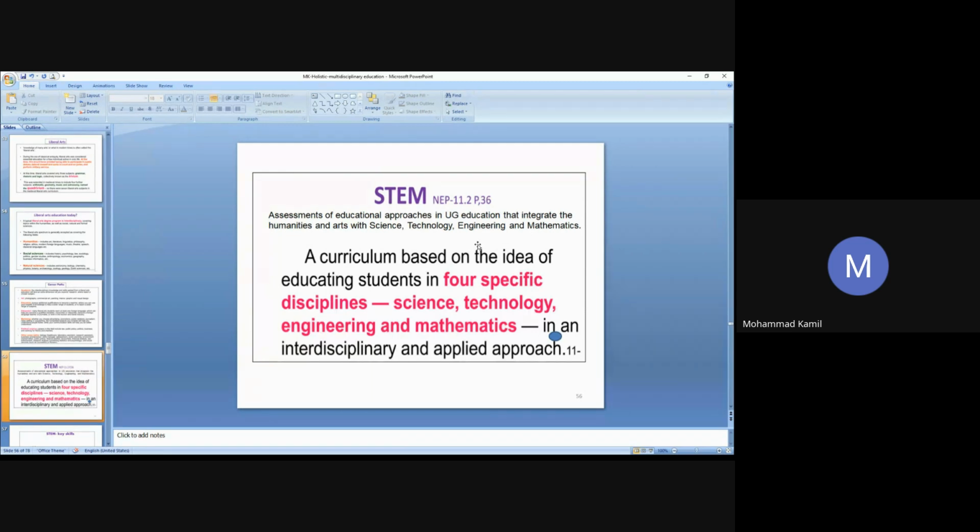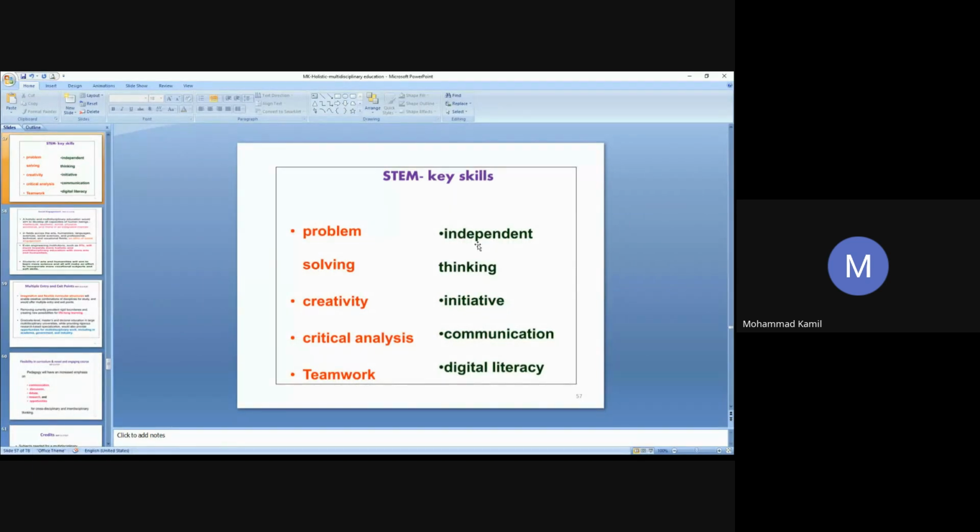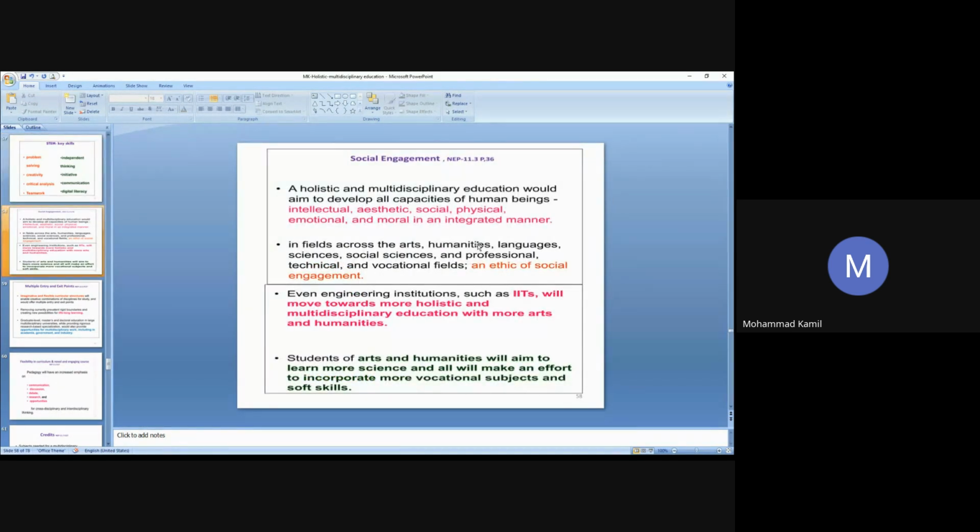STEM is basically the four specific disciplines, that is science, technology, engineering, and mathematics. It is an interdisciplinary and applied approach in undergraduate education. STEM key skills are problem solving, creativity, critical analysis, teamwork, independent thinking, initiative, communication, digital literacy. Social engagement are here basically